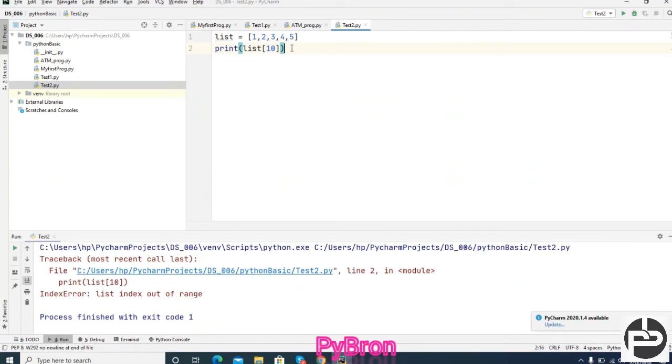Let's see slicing also. We had seen slicing in the last class. Let me execute this.